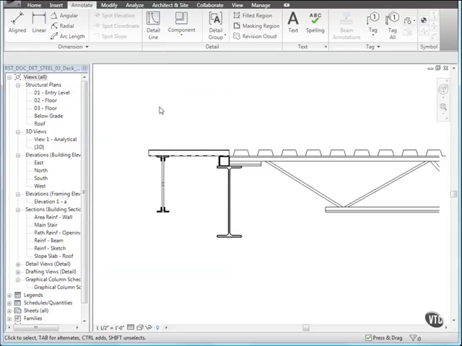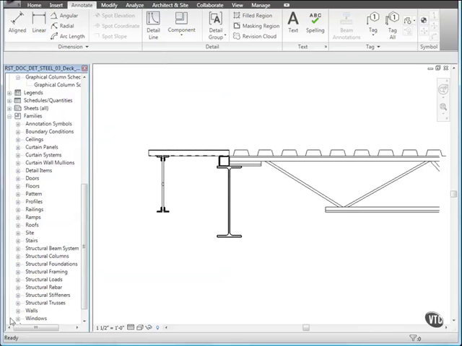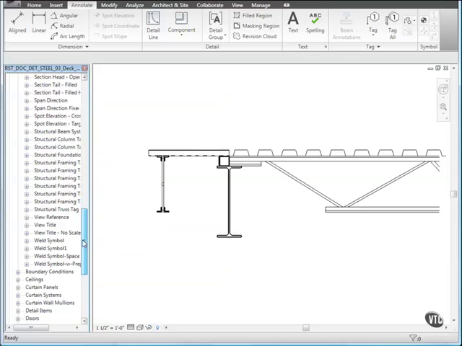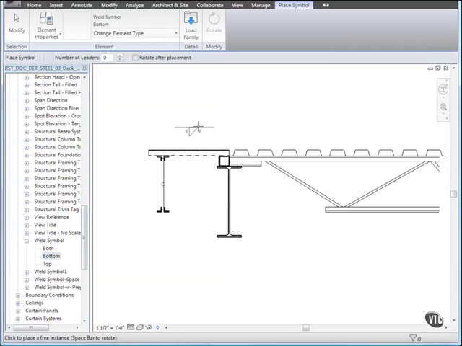In the project browser, expand Families, then Annotation Symbols, then Weld Symbol, and drag the weld symbol bottom to the view and place it as shown. Then click Modify